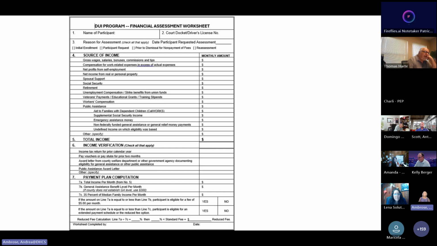We have a place to record which verification document we looked at, and then a place to actually compute which payment plan they're going to be qualified for. So again, this is an optional template for you to use. If you would like to use this template, you just let us know and we're happy to send you a copy of that. And you can use it as it is, or you can cut and paste and use elements of it, however you wish to document the assessment.